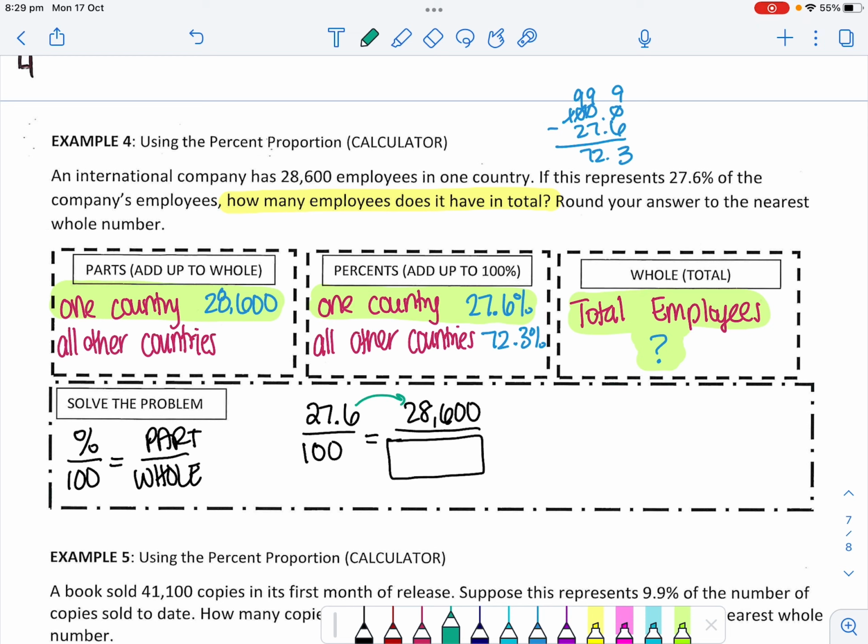And then to figure out what I'm multiplying by, I'm going to do 28,600 divided by 27.6. So it came out as